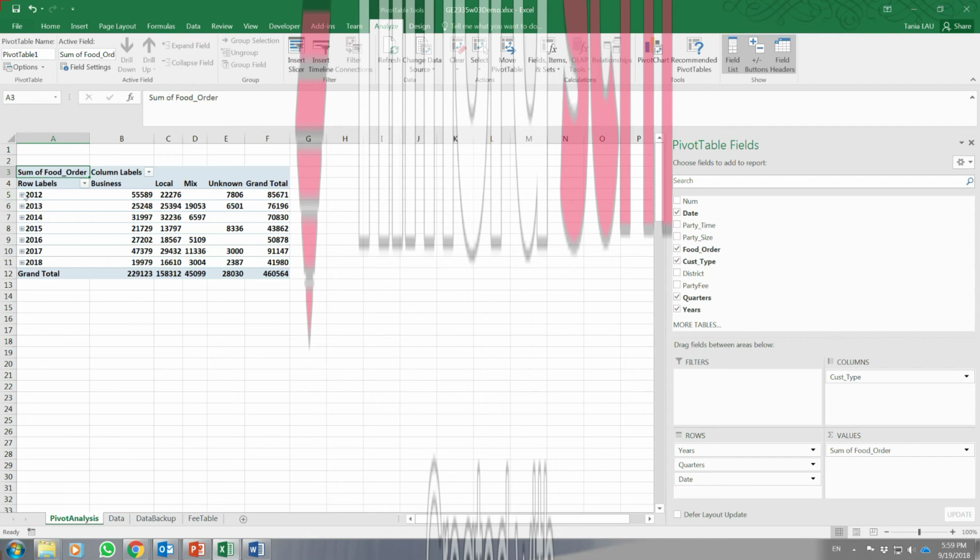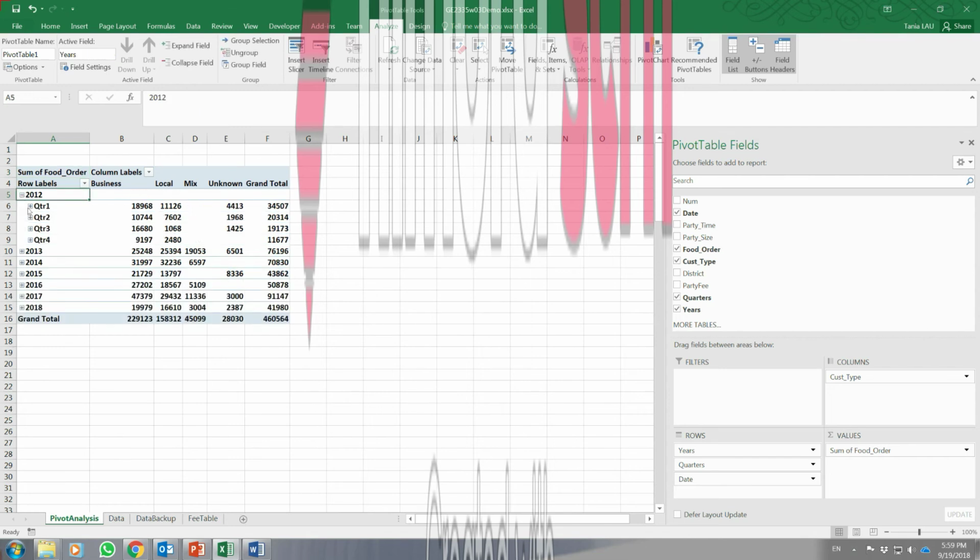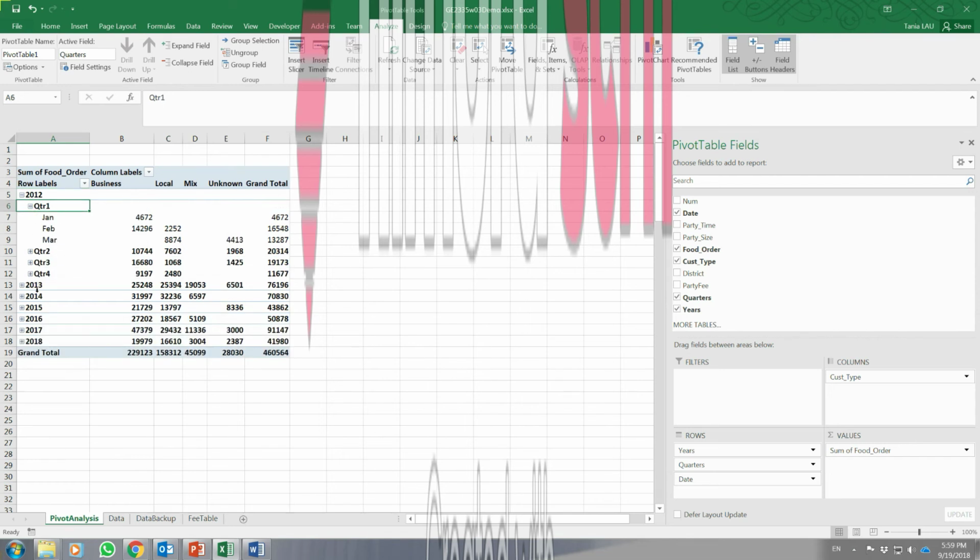And if you click on the expand plus sign, you can see how it actually grouped the dates together. It may not be something you want. For example, this time I basically don't need month. So I click on one of the days,